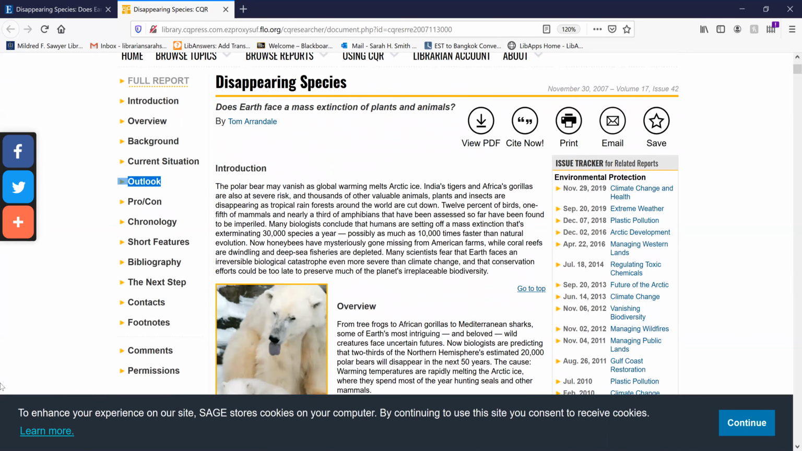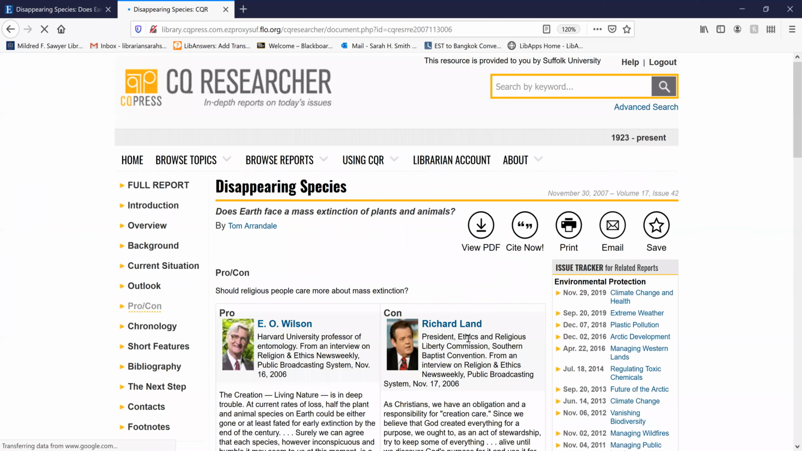Outlook, which would probably be future. Often it's future possible solutions and policy, maybe some legislation that might be in the works. Then there'll be a pro-con section. I like to point out the pro-con section because they have